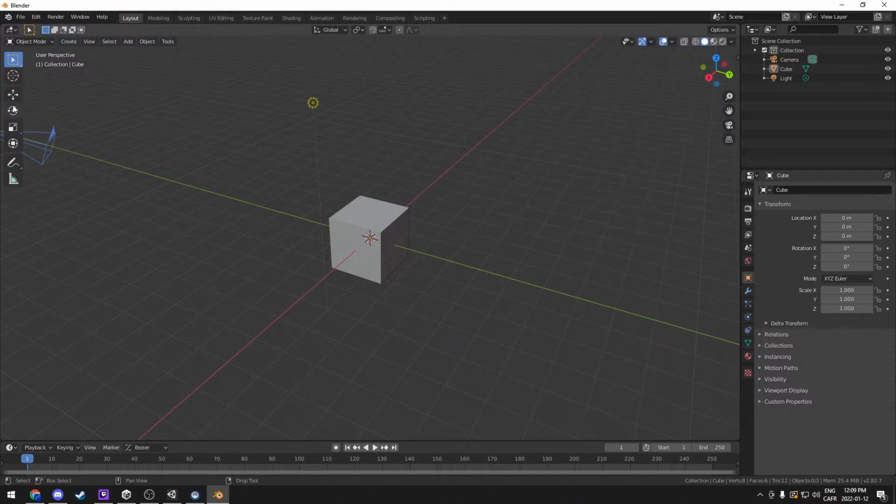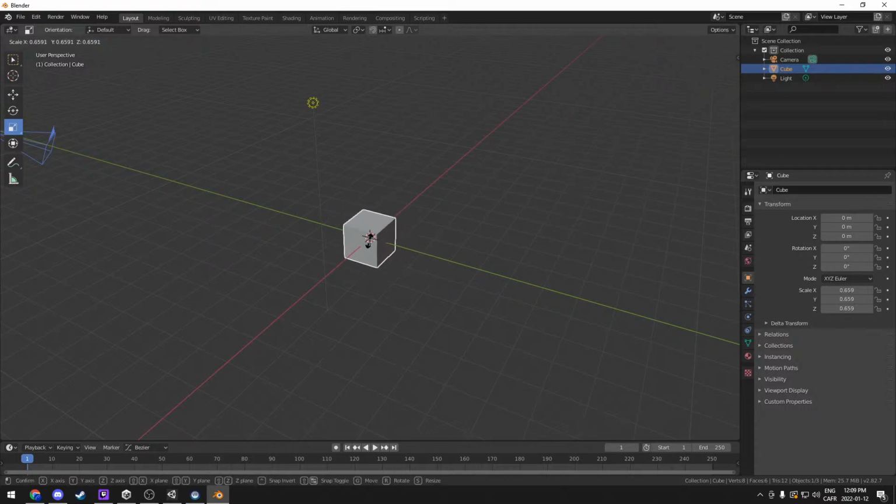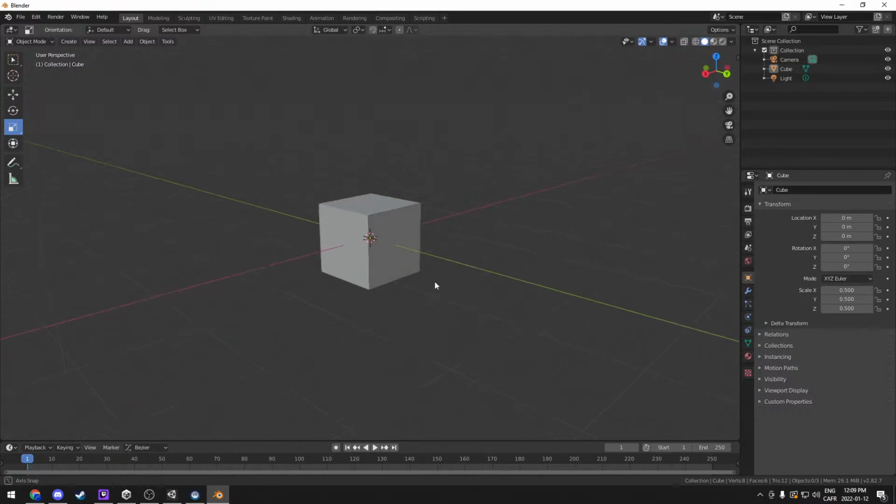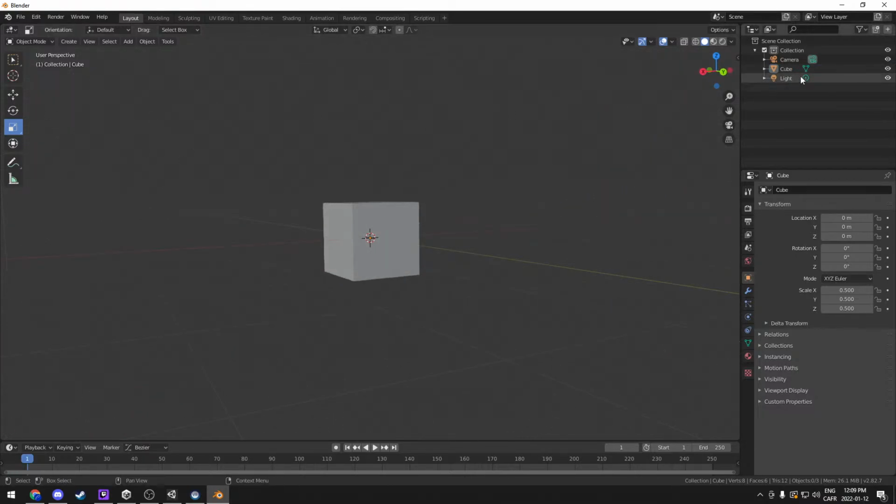Alright. Now, I need to remember Blender. If I take this and I select my cube, I should be able to put this to 0.5 because it starts with a cube that's 2 by 2, if I'm not mistaken. So we now have something that's 1. So I'm going to grab this,